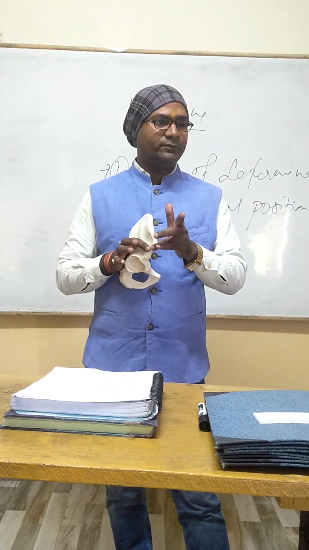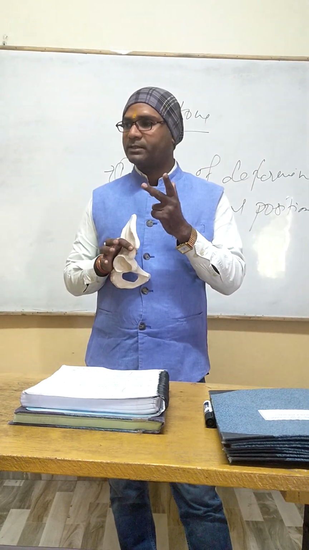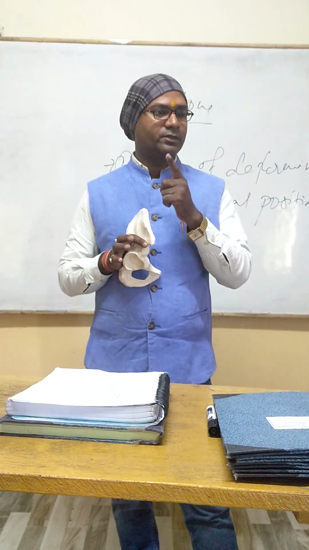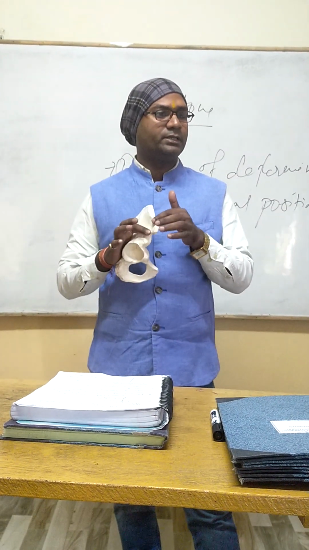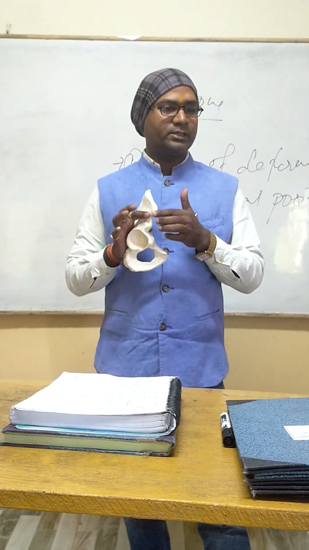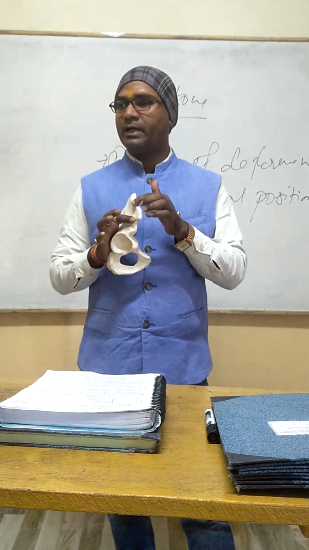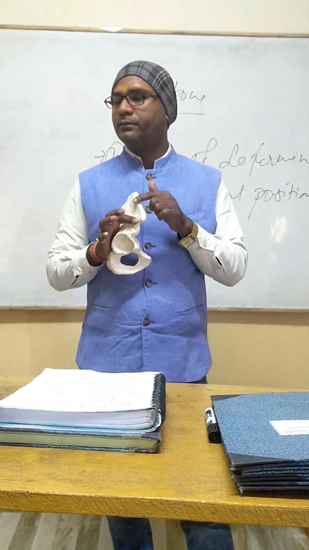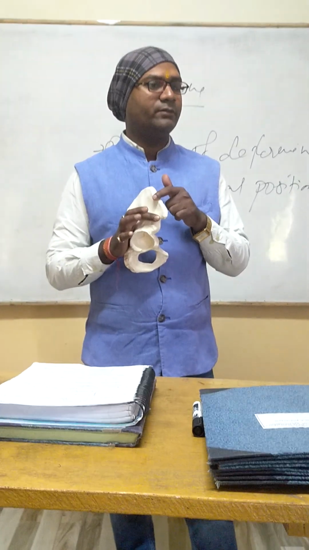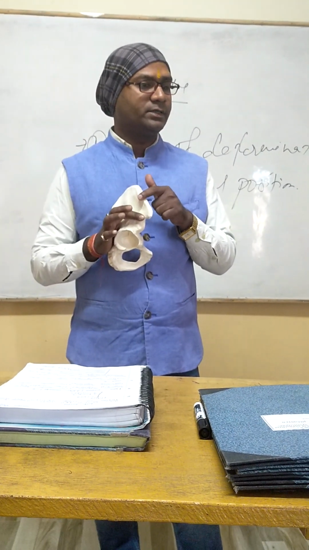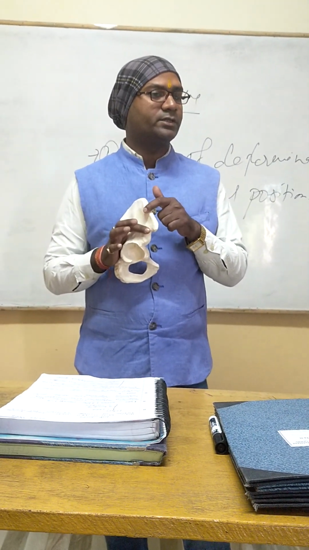In the outer lip we have the origin of two muscles: tensor fasciae latae, which is present in the iliac crest, just above the anterior superior spine, and latissimus dorsi origin, and the insertion of